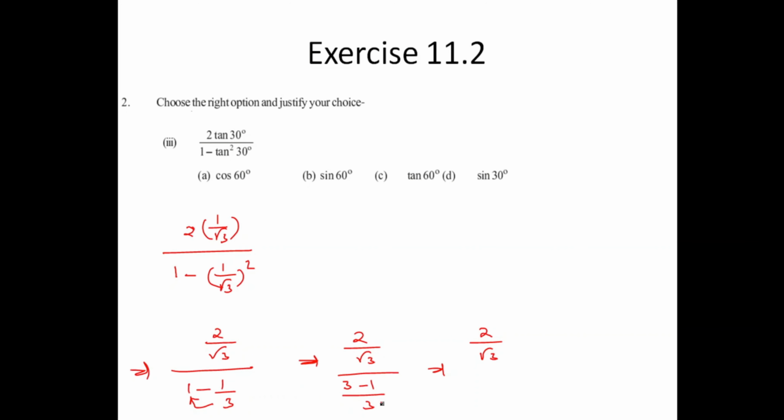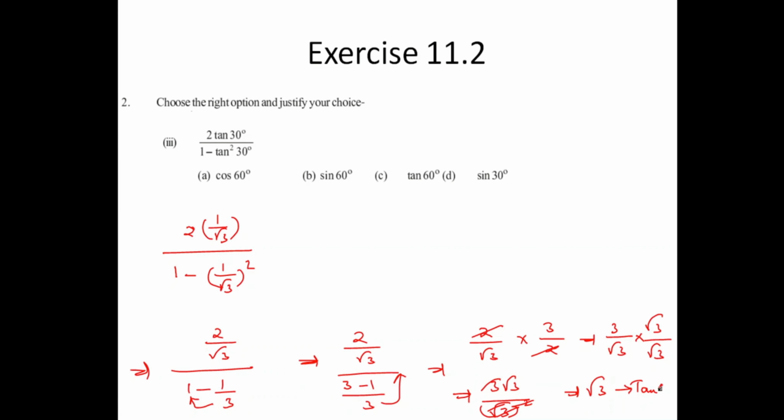Now I'm shifting this to the above side so that I will be getting 3 by 2. So here this one and this 2 are removed and we are left with only 3 by root 3. I'm doing the rationalization again over here. So the answer becomes 3 root 3 by 3 root whole square. Square and root is removed, 3 is also removed. So we are left with only root 3. So the answer of this one is, tan 60 is the value of root 3. So the option is your C.